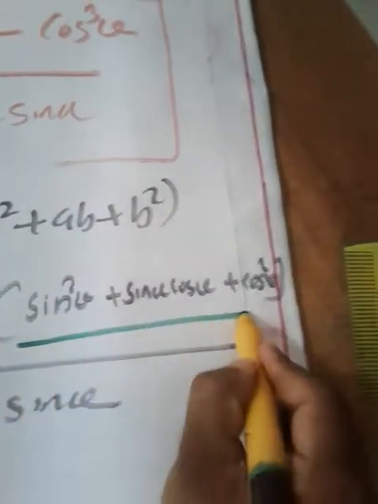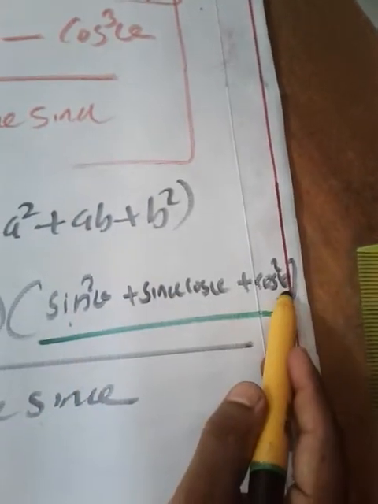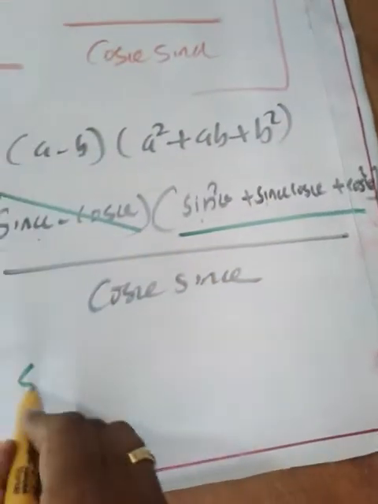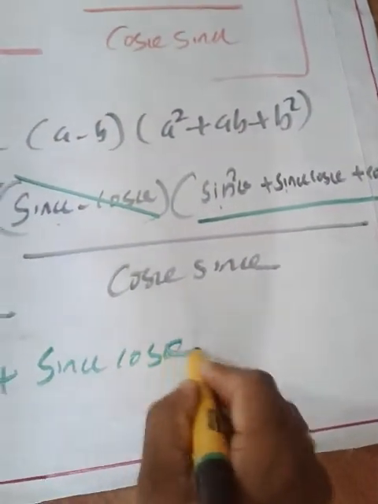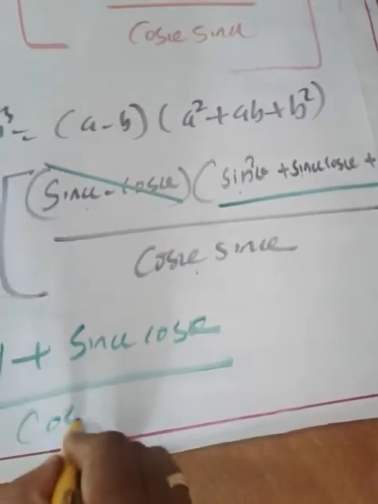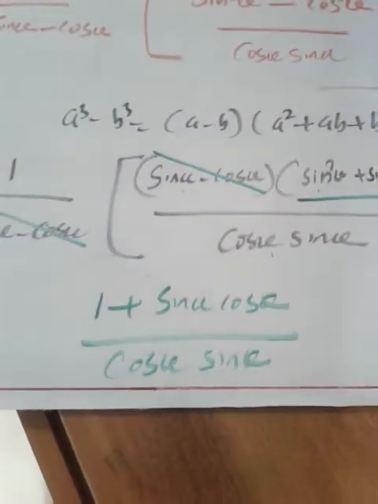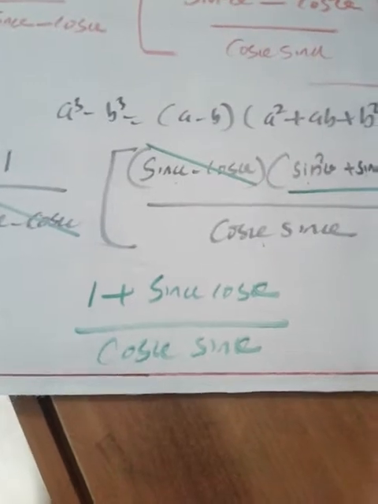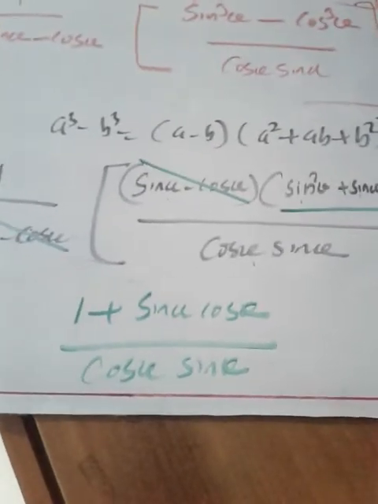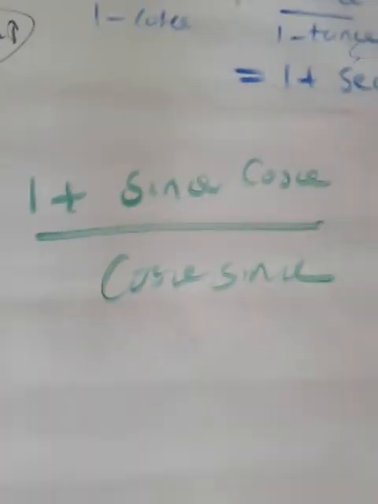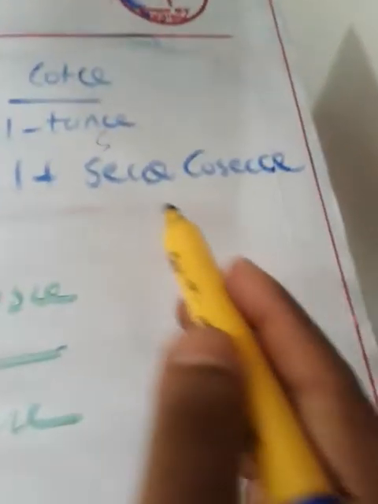So can you reduce it? What is sin square theta plus cos square theta? That is 1 now. So we can write 1 plus what will remain? Sin theta cos theta. 1 plus sin theta cos theta by cos theta sin theta. So we will get this much. But we haven't reached the exact RHS yet, but we are on the way, isn't it? So we have reached this much, but we have to reach here.